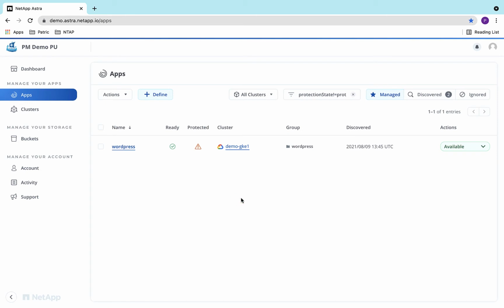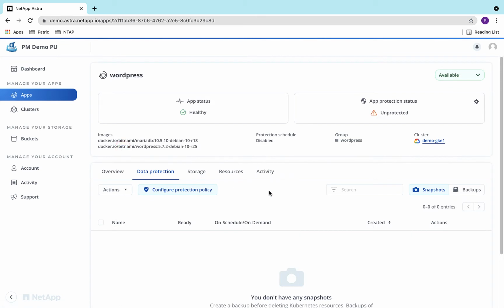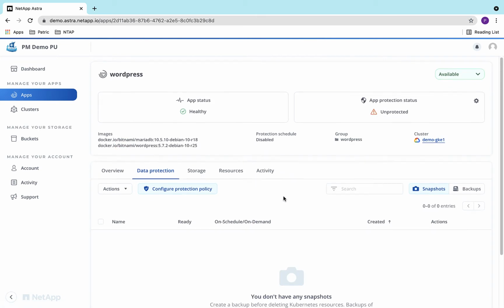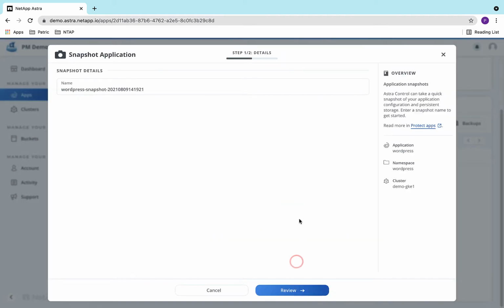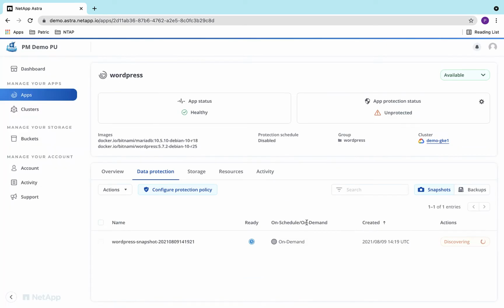First, let's create an on-demand snapshot. Snapshots are stored locally and are based on the proven ONTAP snapshot technology, fast and no performance impact. Snapshots protect us against things like accidental deletion and ransomware attacks already, as we can roll back the application to a previous snapshot. While the snapshot is being taken, we can create a protection policy, scheduling hourly snapshots and daily backups, for example.